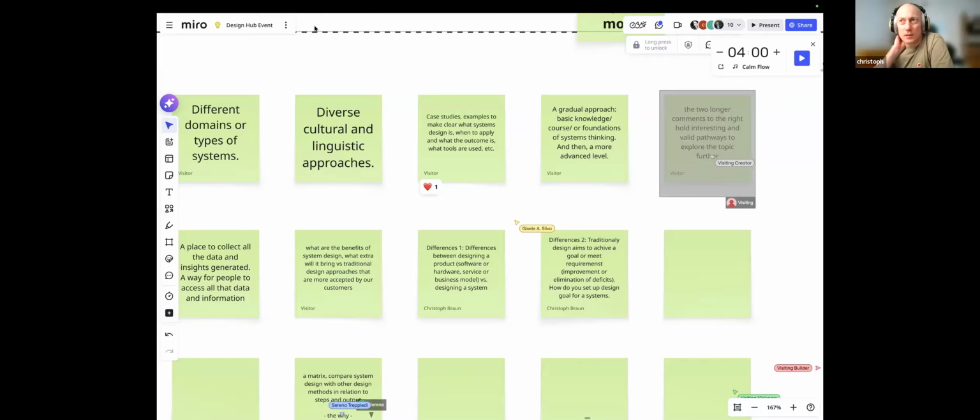So I have a psychology background, and I work in design. And so maybe I go to the differences first. Traditionally, design aims to achieve a goal or to meet a requirement, for instance, to eliminate a deficit or something like that. And I was wondering to what extent a goal is actually an entity that can be used in systems design deliberately, other than the dynamics of the system, like entropy and things like that.